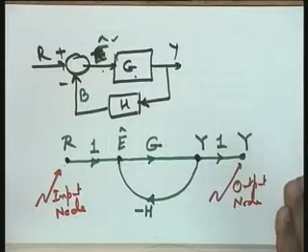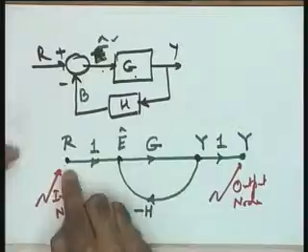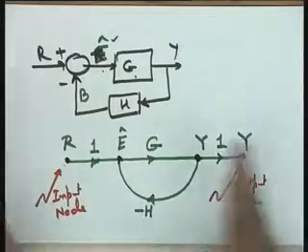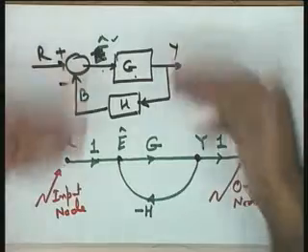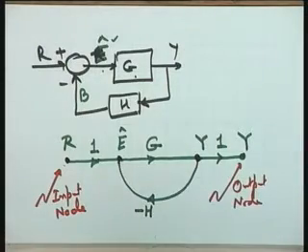The only thing is that visualization of the diagram becomes easier, and y as an output node and r as an input node are clearly available. That is why, if the translation of your block diagram does not give you these nodes, you put appropriate transmittances, maybe always unity transmittances, and write your r and y nodes separately.